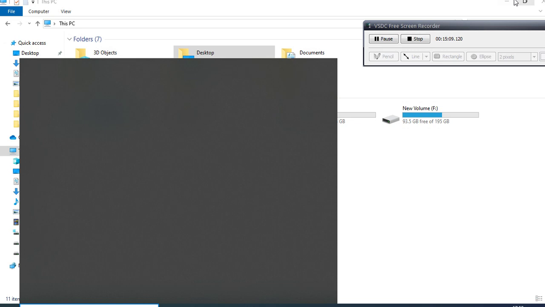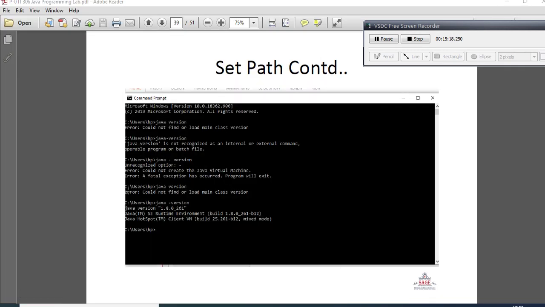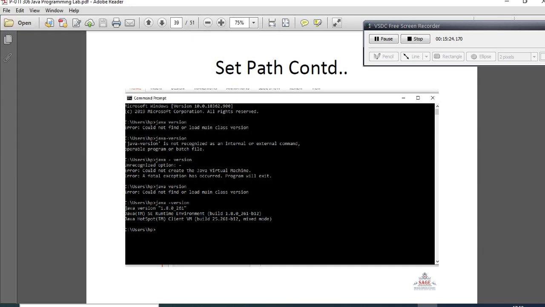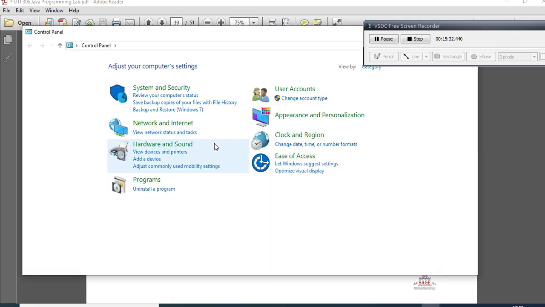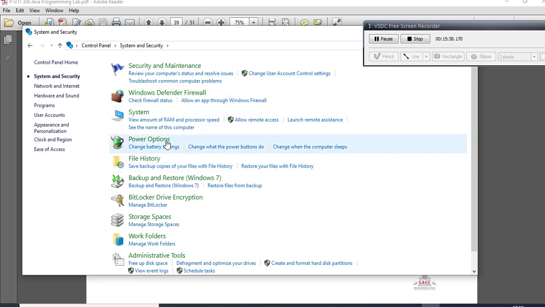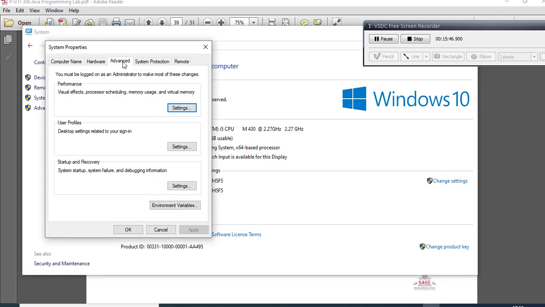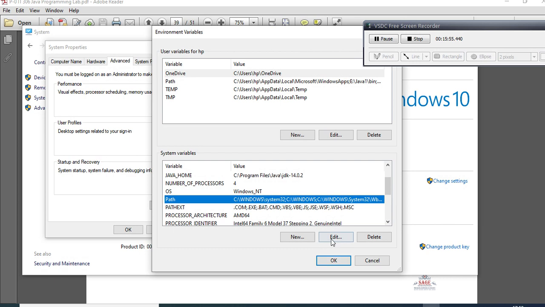Inside the Control Panel I found the tab System and Security. Inside System and Security I find System, and inside System I found Advanced system settings. I go to Advanced system settings. Now here, by default, is the Advanced tab. Inside the Advanced tab there is Environment Variables, and you click on Path, click on Edit, click on New, and then click on Browse. When you browse, click on This PC, click on the C drive where your Java has been installed, click on Program Files, and click on Java, and by default click on bin.